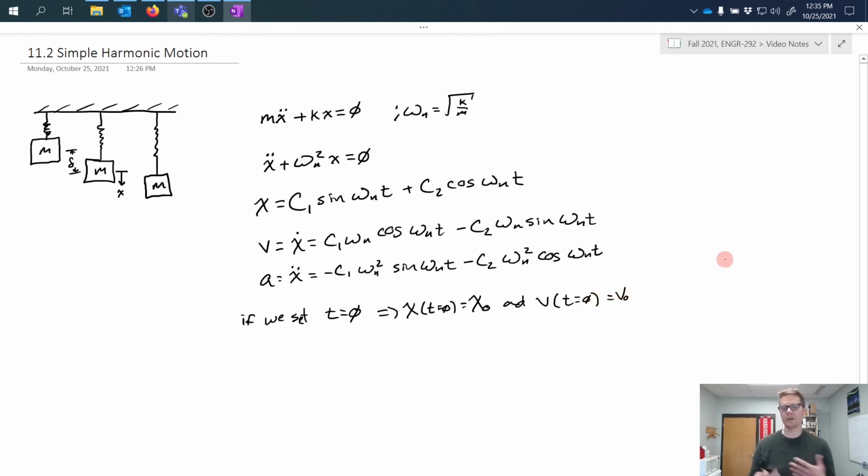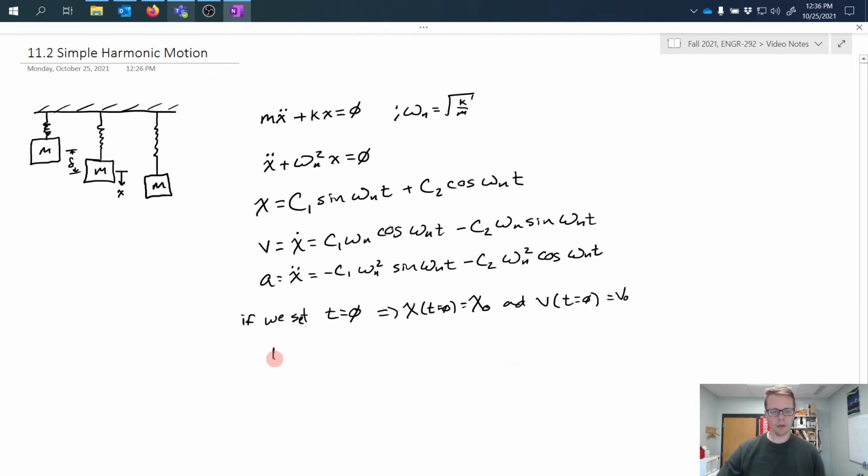It would be common, perhaps in a solution procedure, to know the initial position and the initial velocity before we go ahead and solve anything. Now if I take these two conditions, t equals 0 and x equals x naught, and plug that into my solution for x, and do the same thing for velocity, t equals 0 and v equals v naught, and plug that into the second equation,